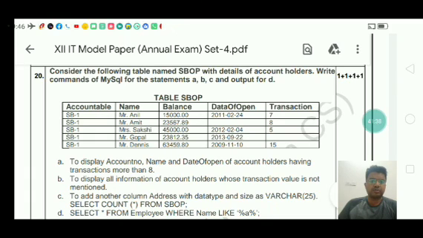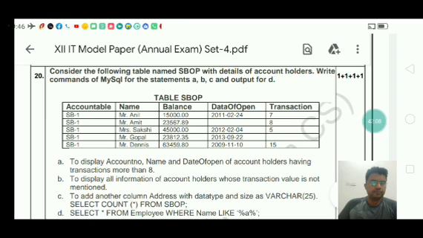Next one, to display all information of account holders whose transaction value is not mentioned. So what you have to write here? To display all information, that means no need to mention your attributes. Simply you have to write select asterisk symbol from the table name, that is SBOP,